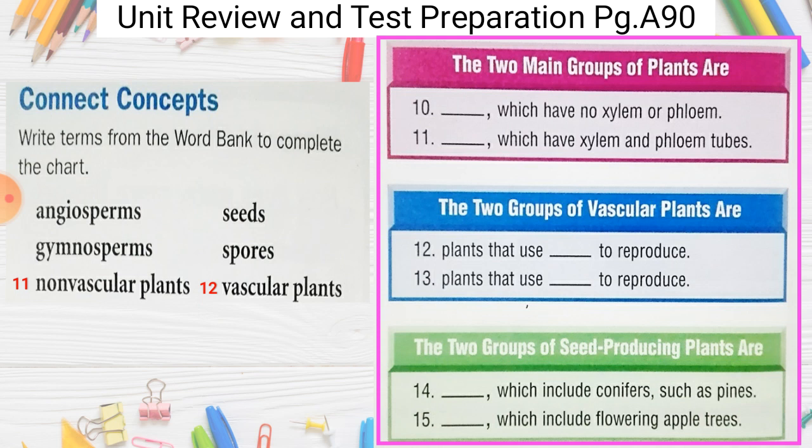The two groups of vascular plants are... plants that use spores and seeds to reproduce. The two groups of seed-producing plants are gymnosperms